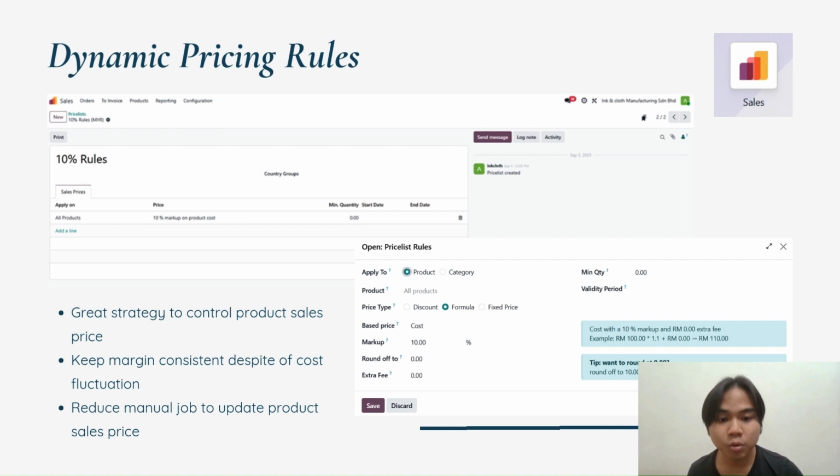So the formula will be like, if the cost of the product is 100 ringgit Malaysia, then the sales price must be times 1.1, which is 110% including the markup. So it will be the price of the product that we sell to the customer, because this will be easy